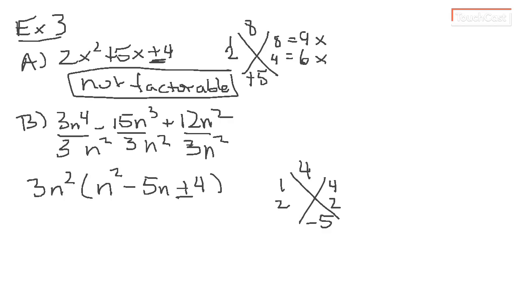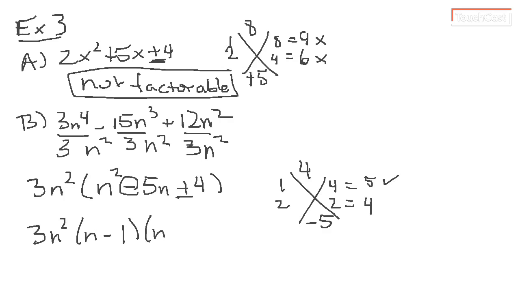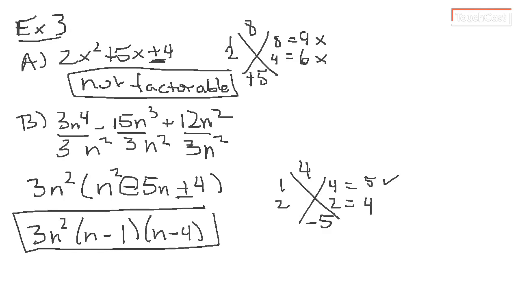So we can use that AC slide method in a way like this as well. If we go 1 plus 4, that makes 5, and 2 plus 2 makes 4. We want the 5. So since both have to be the same, we're going to use the middle sign like we learned in our little tricks in earlier videos. Middle sign is a minus. So we're going to have 3n squared times n minus 1 times n minus 4. We're done with 3b. I've got 2 more left, and then I'm going to give you a table of different